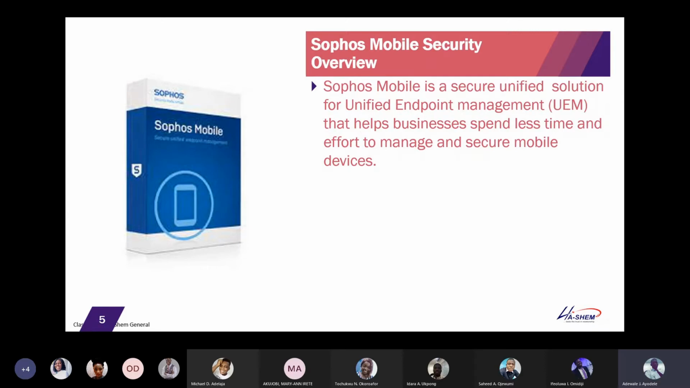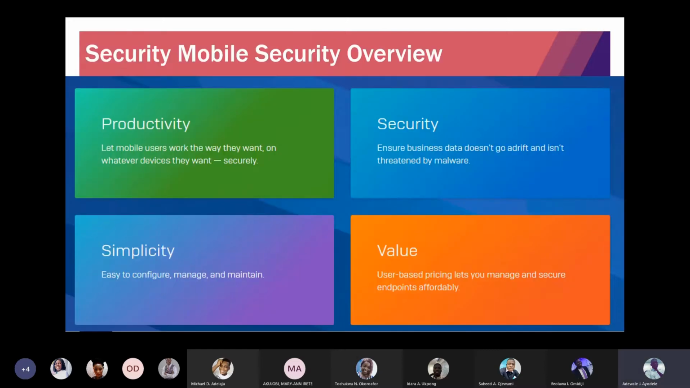We'll see this in the demo, and you'll see what the experience is like, and you would have a better view of what I'm saying. So with Sophos Mobile, you would see it basically allows productivity, like I said. Because it's in a centralized location, IT essentially doesn't have to sign in and out of various consoles, and in this particular console or page, you will see you can manage